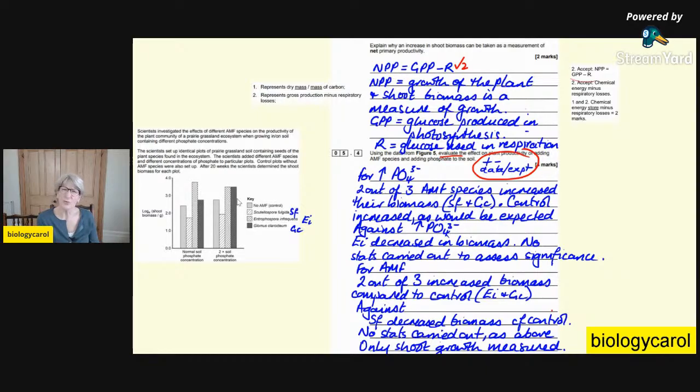Why would they not do root growth as well? Because obviously the development of roots is pretty important to the productivity of the plant. So anyway,